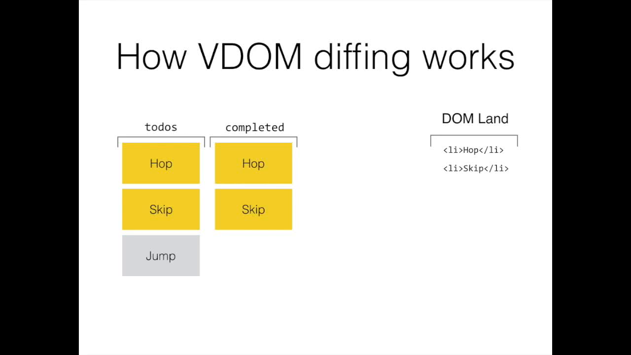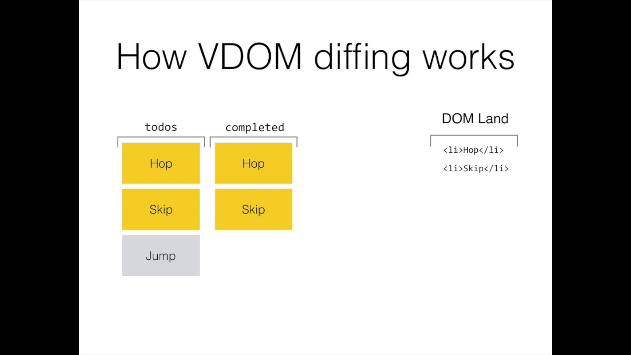This video explains how virtual DOM diffing works. The performance concepts diagrammed in this video will be useful when understanding how change propagation works in the next video. The example we will be using is showing a filtered list of completed to-dos from a source list of all